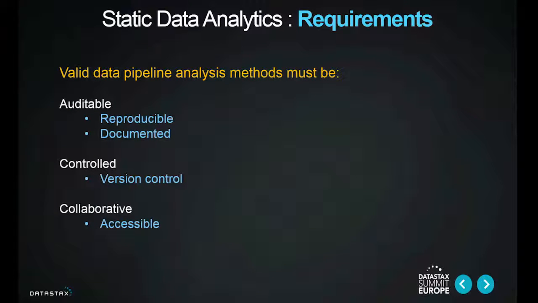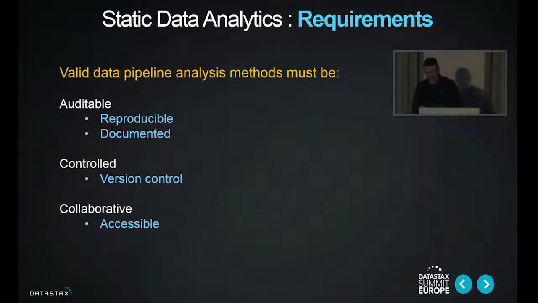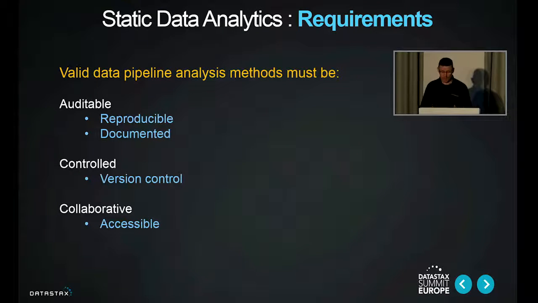So, getting back to the data pipeline element, for this kind of iterative data science process, we need something that's ideally auditable. Now, data science is no different from any other science. You need to be able to have your analyses and your conclusions peer-reviewed. So you need something that's auditable, something that's easily shareable with your colleagues.